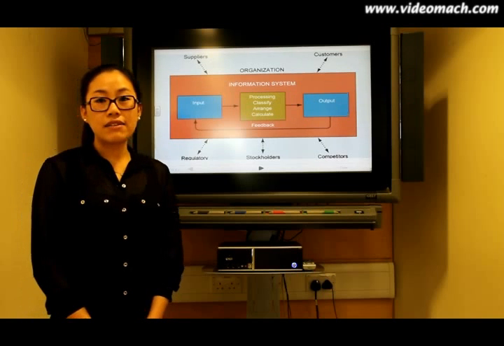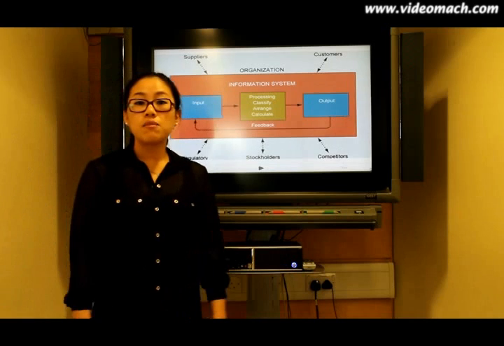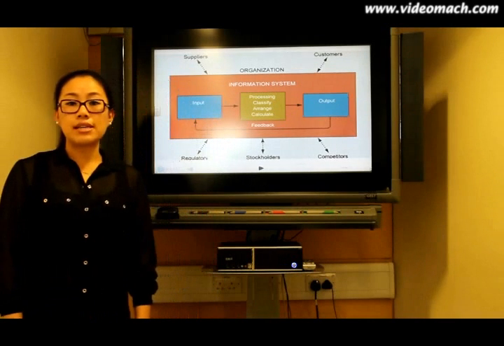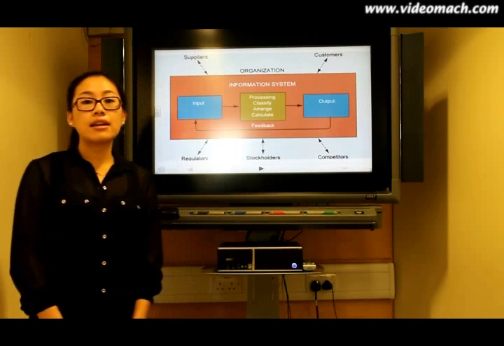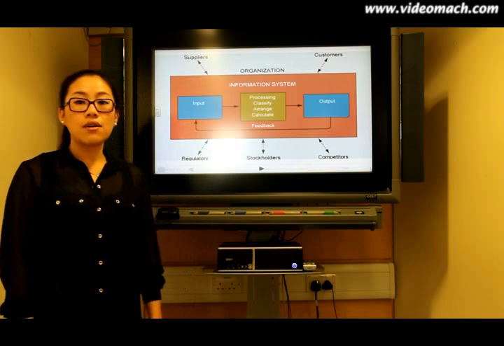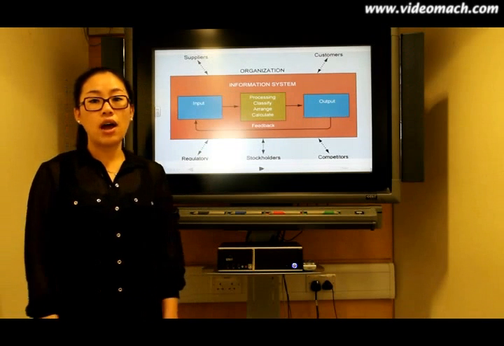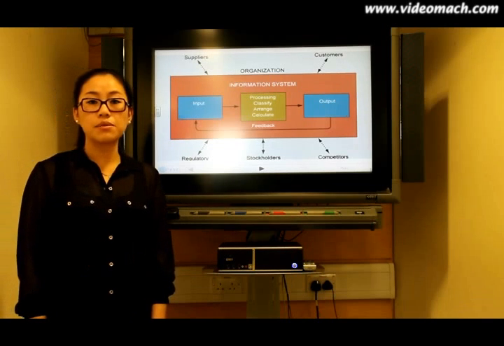There are three activities: input, processing, and output. An information system produces the information that organizations need to make decisions, control operations, analyze problems, and create new products or services. IS also requires feedback, where output is returned to the appropriate members of the organization to help them